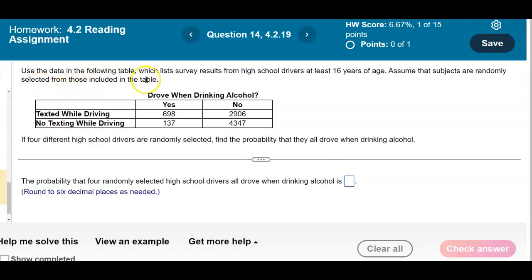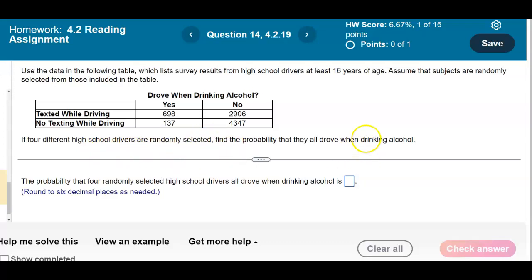Use the data in the following table, which lists survey results from high school drivers at least 16 years of age. Assume that subjects are randomly selected from those included in the table. So in the rows, we have texted while driving, no texted while driving. In the columns, we have yes or no. And it states here that if 4 different high school drivers are randomly selected, find the probability that they all